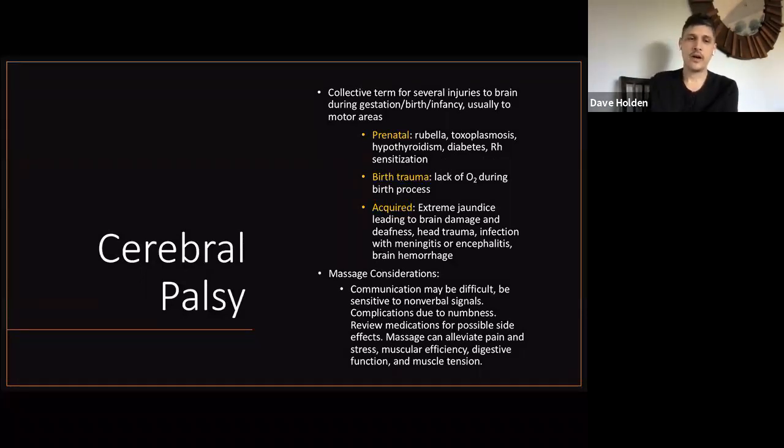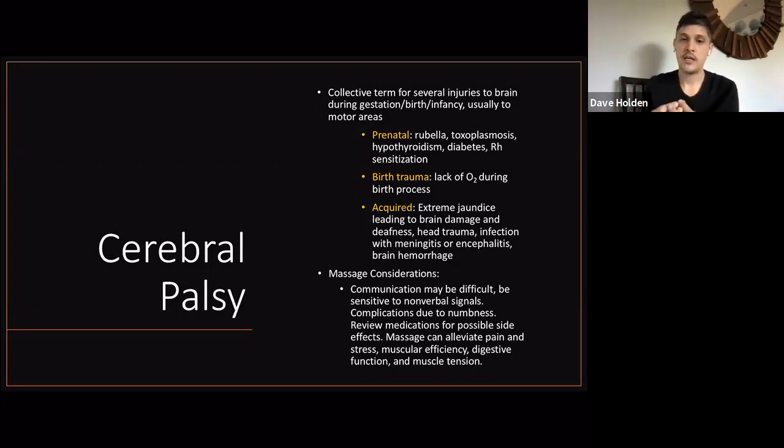The next condition we're going to look at is cerebral palsy. Now, cerebral palsy is an umbrella term. We are looking at several different injuries that could occur to the brain, and they all occur either during gestation or during birth or shortly into infancy. And again, these can be caused by a lot of different things, but collectively, what we're really looking at is,